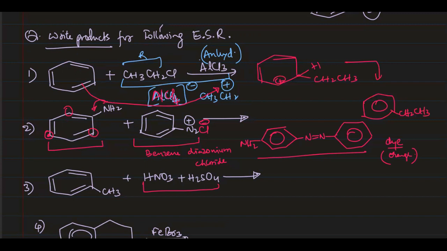Similarly here, this reagent HNO3 and H2SO4 will furnish NO2 plus, which is the nitronium ion, and this electrophile will get attached at again the fourth position, because this CH3 offers hyperconjugation. As a consequence of hyperconjugation, second, fourth and sixth carbon atoms will attain higher negative charge. So NO2 will get attached to the fourth position, CH3 here, NO2 here. Okay, next compound.